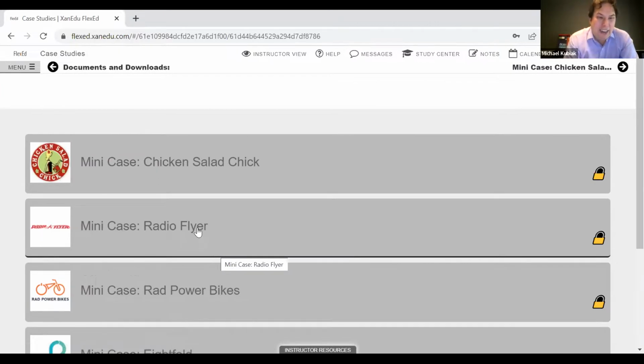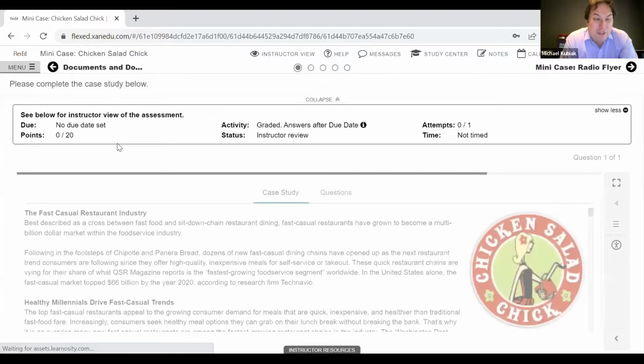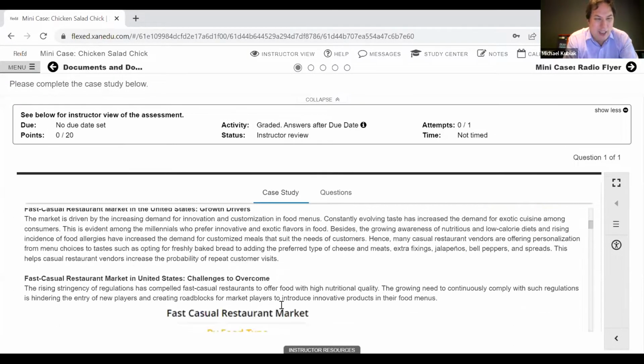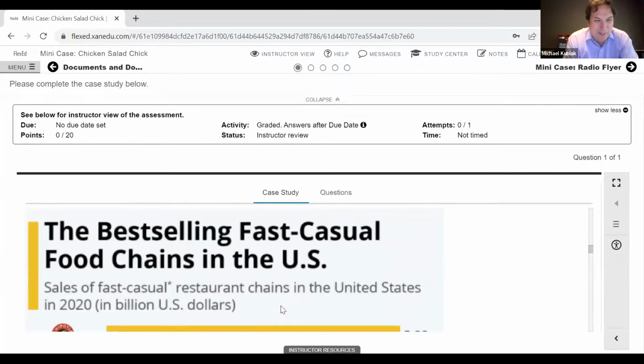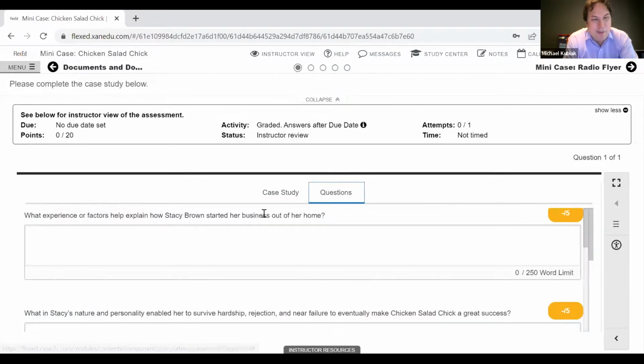However you would like. They're designed so you can use them in full if you would like to use them as homework or graded assignments. You'll see the case study here. To Dr. Hyatt's point earlier, there's always visuals and some data to analyze, but it's really user friendly. It's set up as an assignment, but if you'd prefer to use it instead as in-class discussion, we can change this. So these are just set up to be discussion questions rather than fill in the blank boxes.